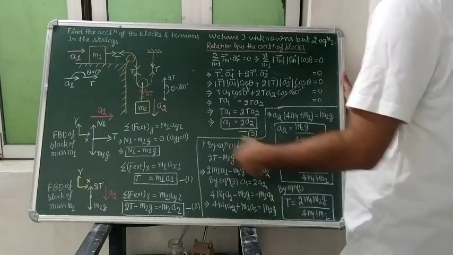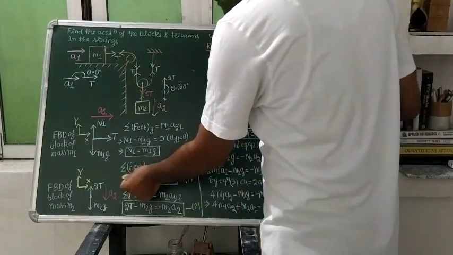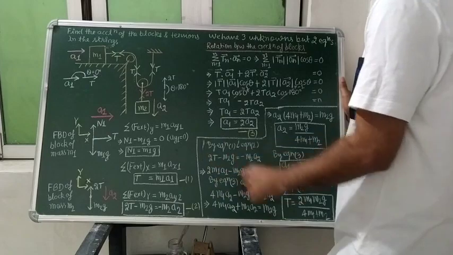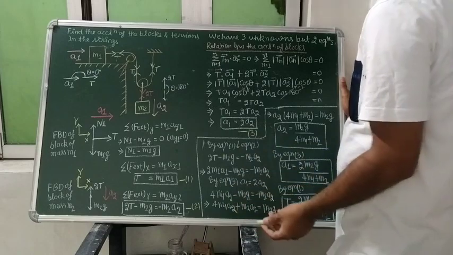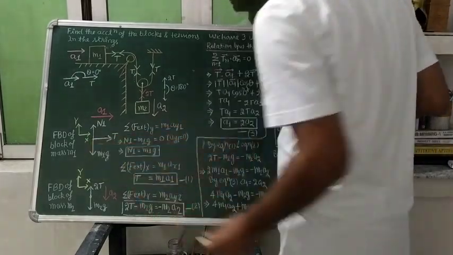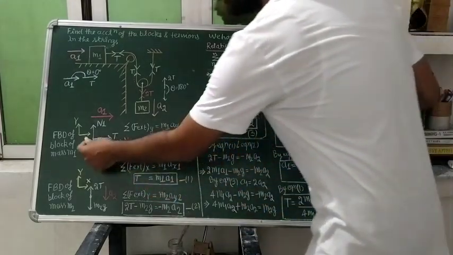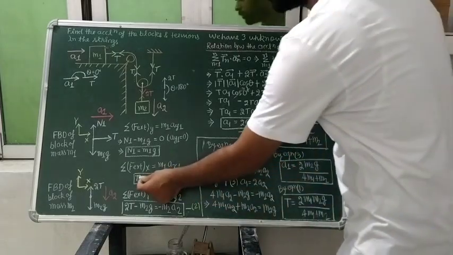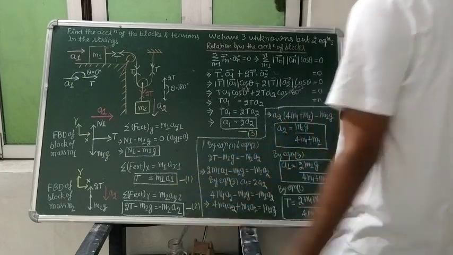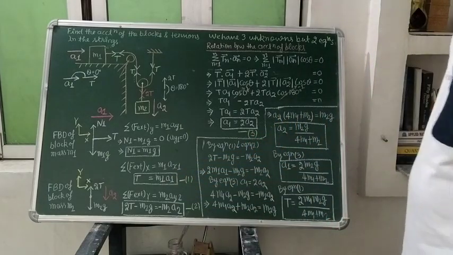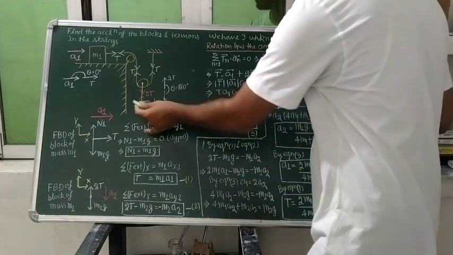Next, what will we do? Since the forces are present in x direction as well, the vector sum of the external forces in x direction should be equal to what? Mass times the acceleration in x direction for the block 1. So in x direction only T tension is acting. So the T is on the positive side. So plus T should be equal to what? Mass times the acceleration in x direction. Acceleration in x direction is A1. And of course, when will we draw the free body diagram of the second block?